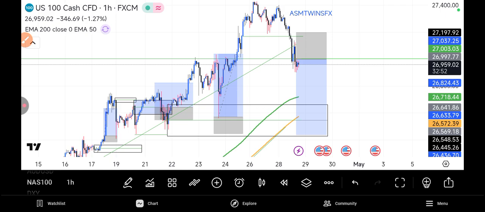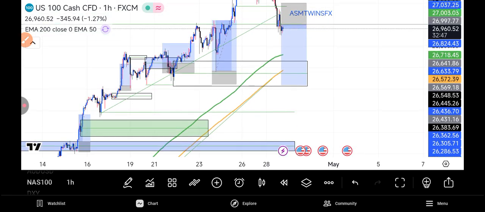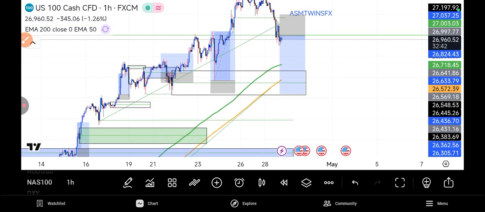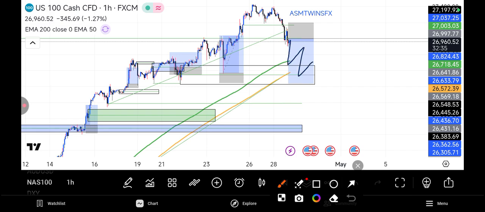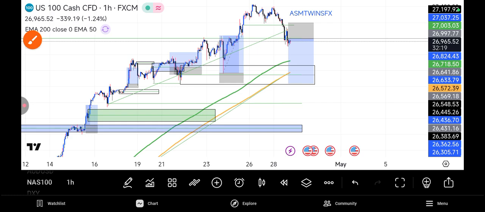So this will be our new POI, where we'll be waiting, or we can still wait to this area particularly, because price can do a lot of things. Price can clear the liquidity more than you think. So we are expecting price to move from this place to give us maybe a reaction from here. If price should break below this area, we are expecting price to come retest it. Price should react from this area. So that's my opinion, though.